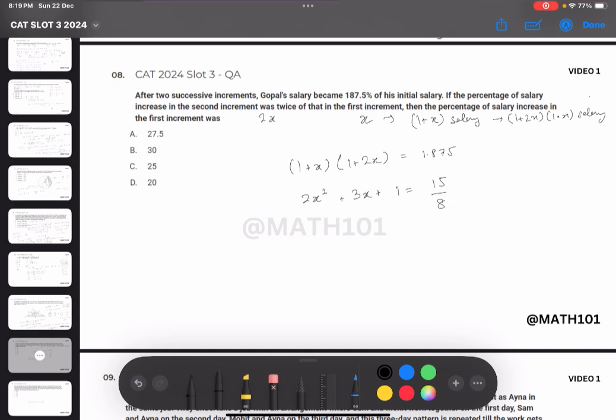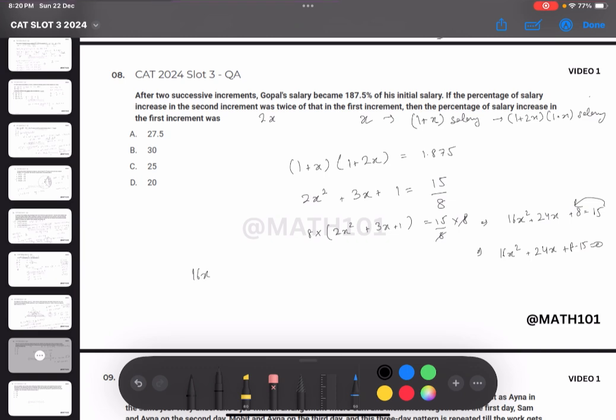Multiplying by 8 on both sides, we get 8 times (2x square plus 3x plus 1) equals 15, so 16x square plus 24x plus 8 equals 15. Bringing 15 here, we get 16x square plus 24x plus 8 minus 15